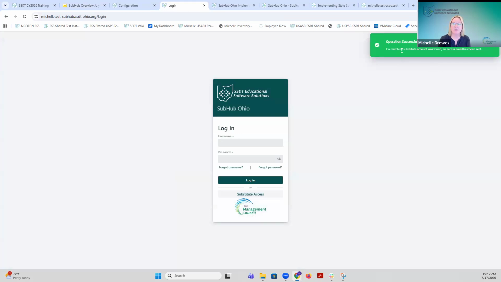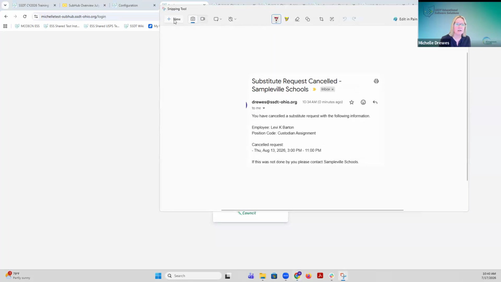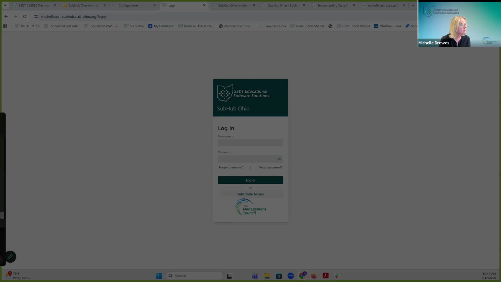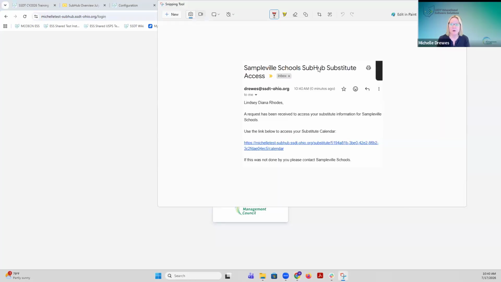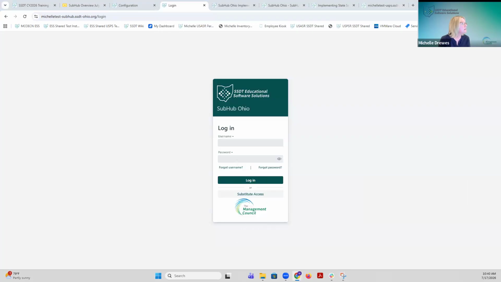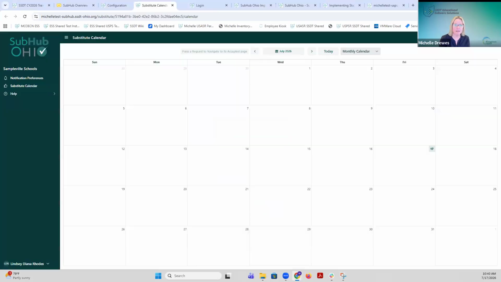And it says if a matching substitute account was found, you will get an email message, which I did, and I'll show you what that looks like here. So the email looks like this. It just says, Lindsay, a request has been received to access your substitute information for Sampleville schools. Use the link below to access your substitute calendar. So when I click on that then,